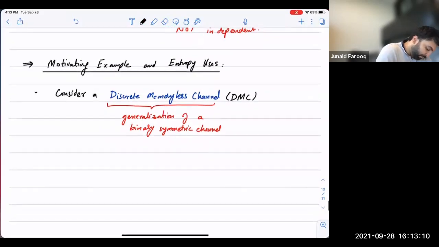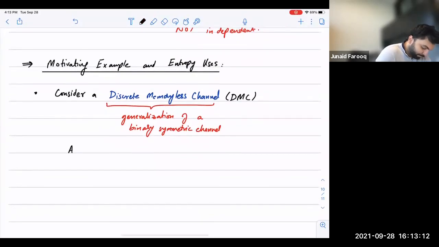So what that means is that we consider that there are R different input symbols,